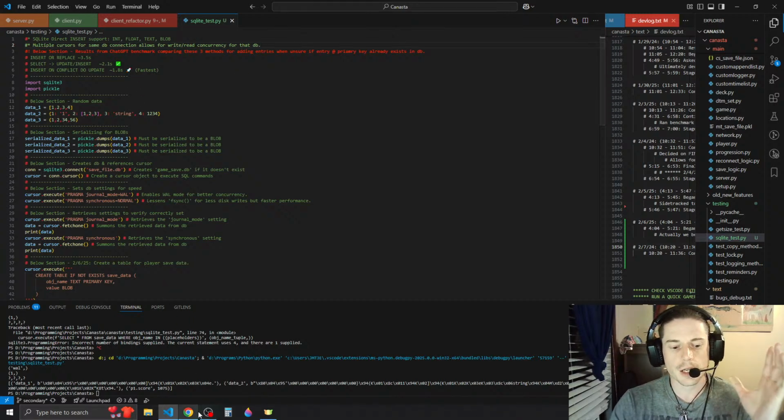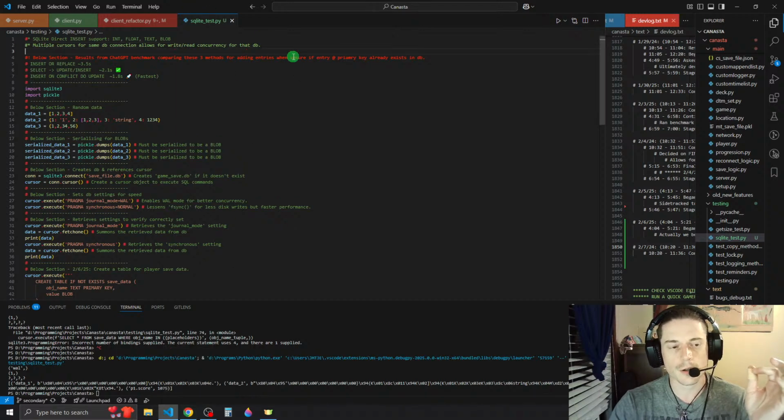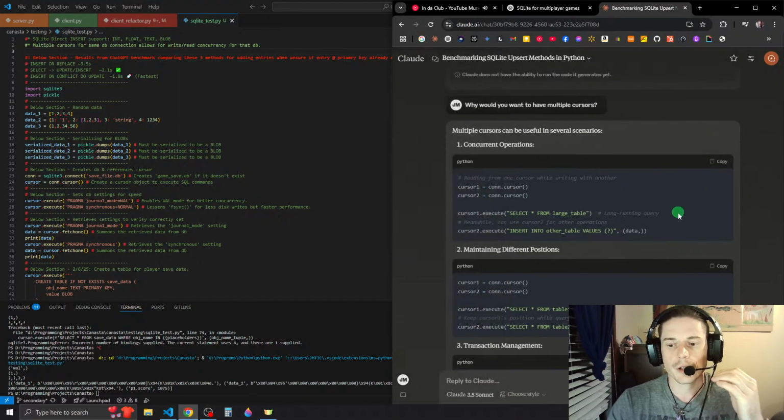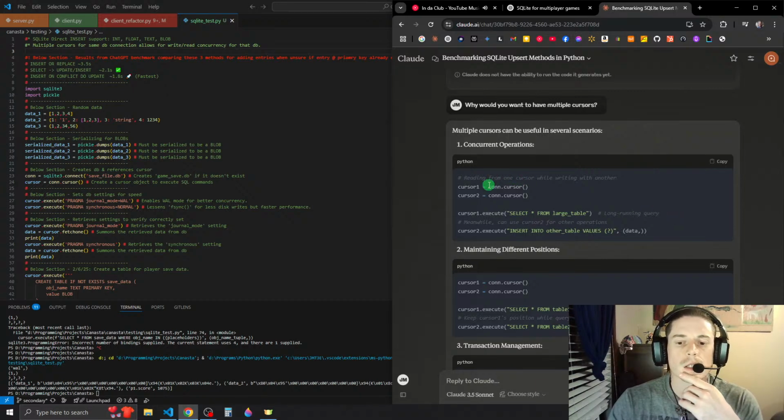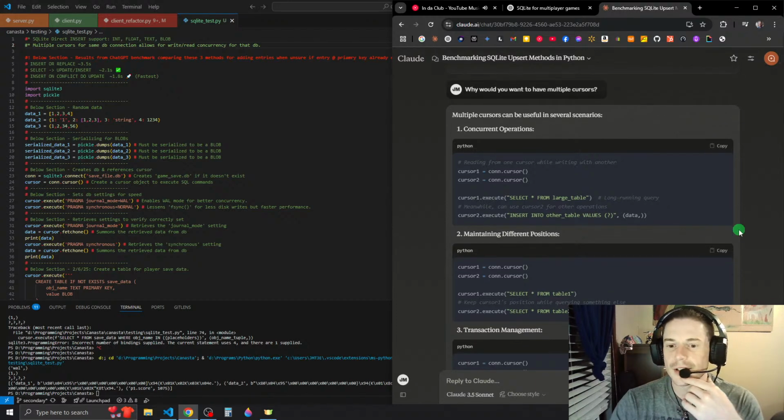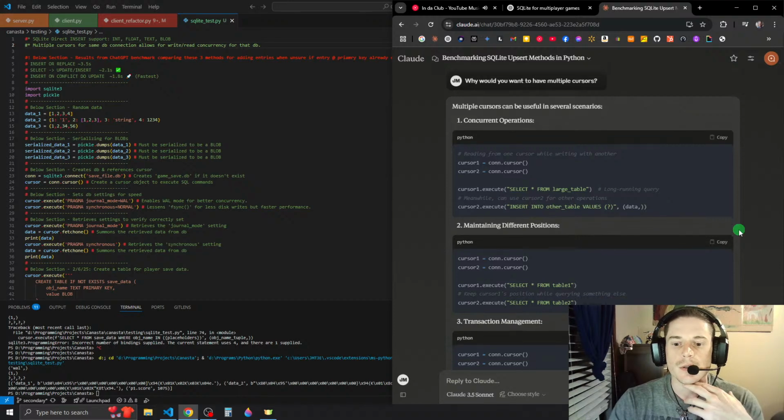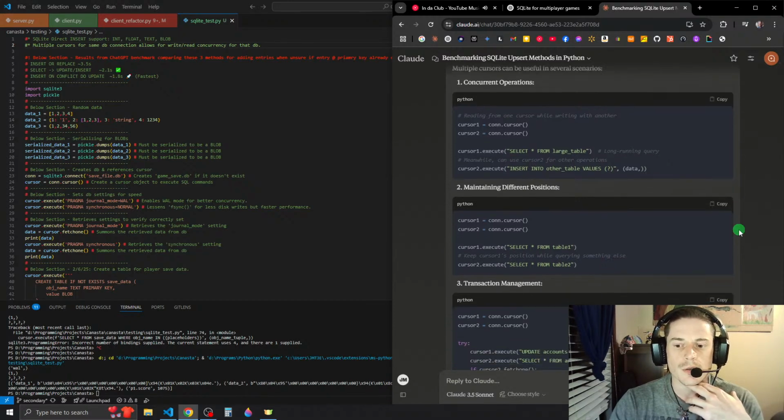I don't think I fully understand that. You know what I'm saying here? I get the principle, but this is for each same connection. So you have multiple cursors for same DB connection for write read concurrency for that database. You can use cursor 2 for other operations. Cursor 2 execute and swing to the database. Maintaining different positions. Cursor 1 select from table